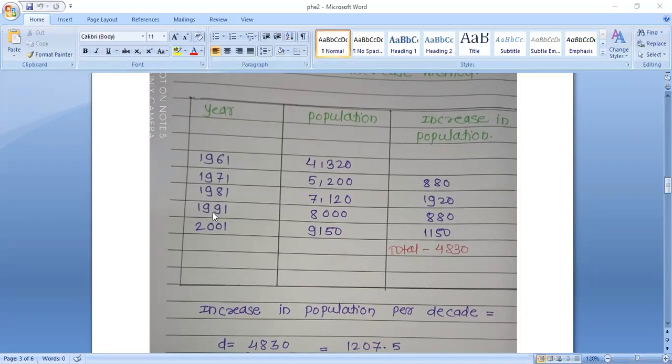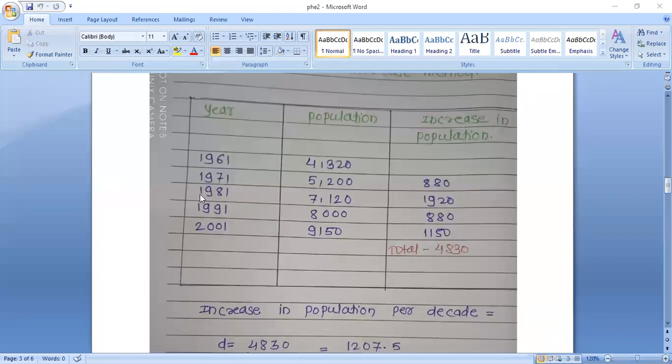Then for the year 1991 the increase in population is the population of 1991 minus the population of 1981, that is 8,000 minus 7,120, and the answer is